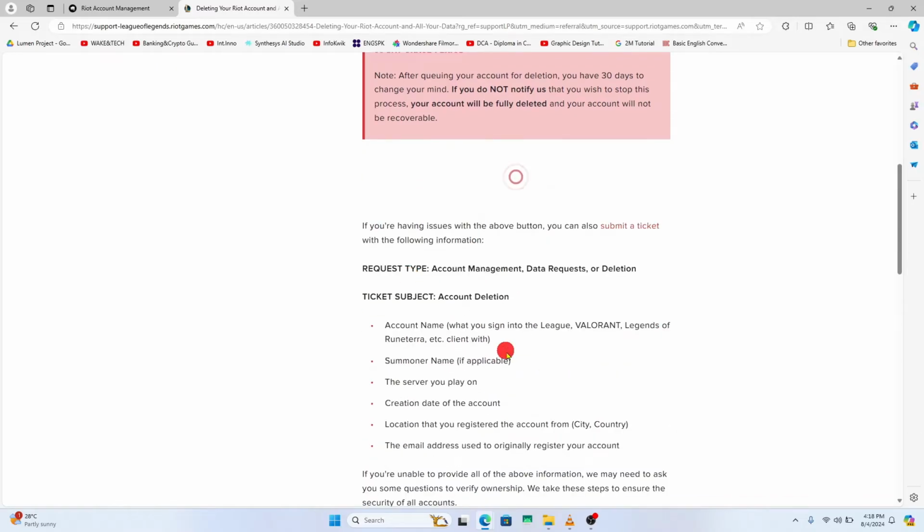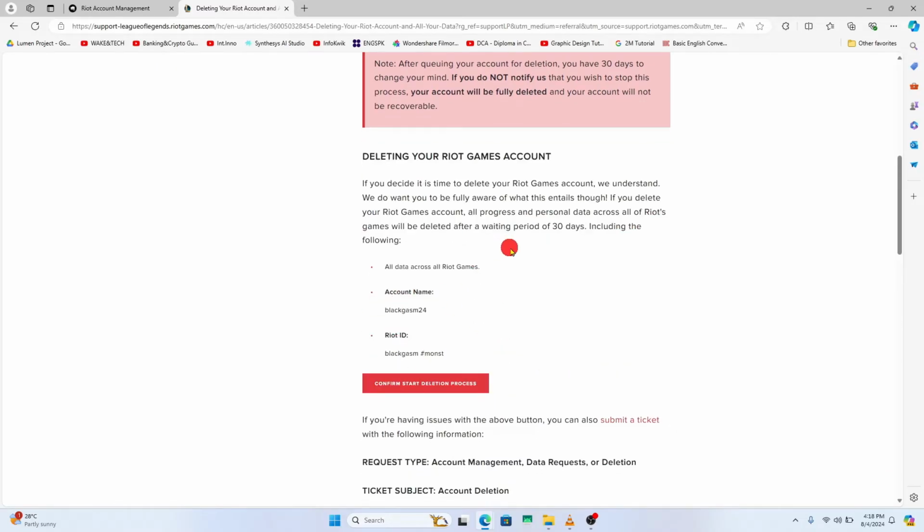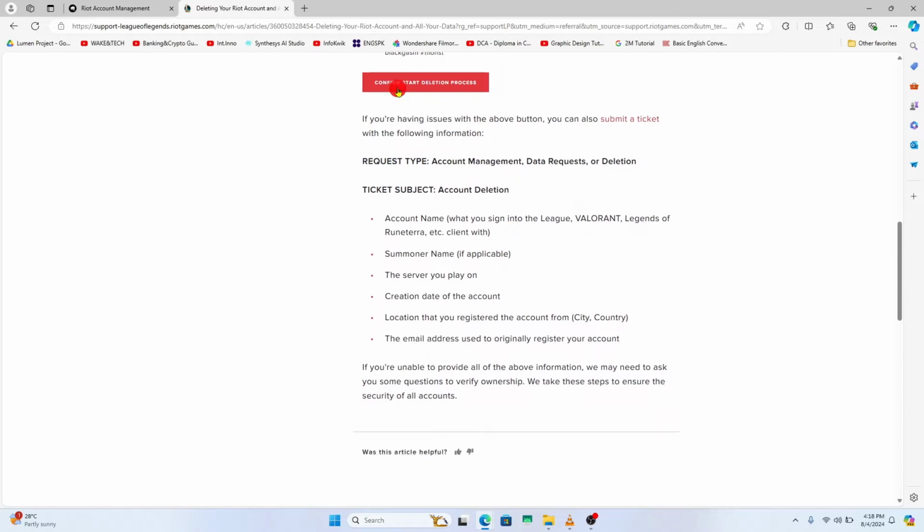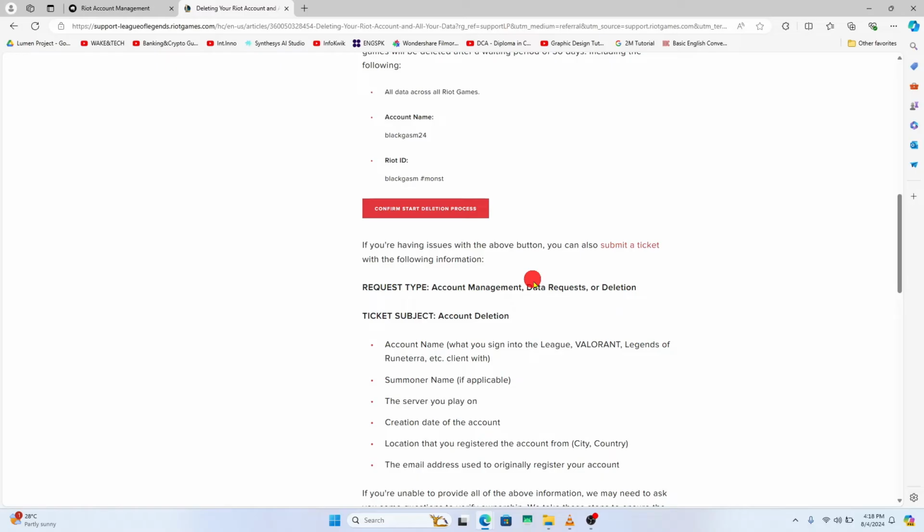Once you click on this, you will be shown your account name as well as your Riot ID. Click on the Confirm Start Deletion Process if you wish to delete your account, and if you have confirmed this decision, you may be asked to confirm your identity by entering your password or by clicking on the authentication link within your email address. So check your inbox and click on the link that you see within that is sent